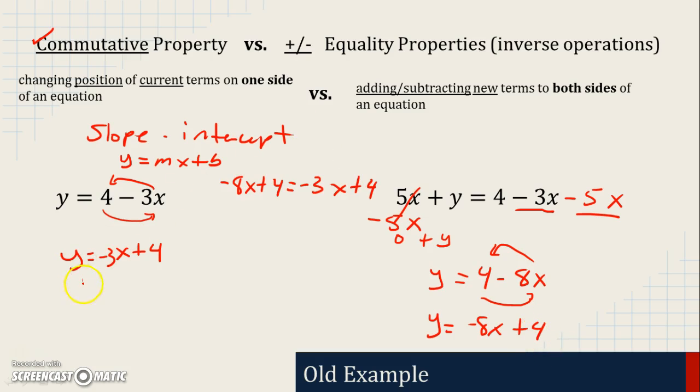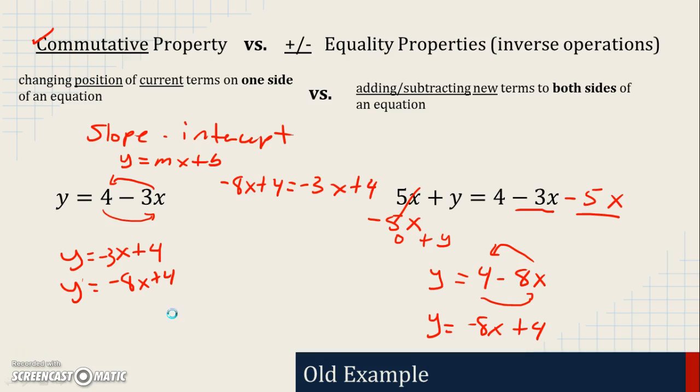So now we can write this other equation over here, y equals negative 8x plus 4. The terms are lined up, and we're ready to find a factor to scale by, to multiply by, a scalar, and then we can do our elimination. So let's go on to an example problem now that we understand the commutative property, properties of equality, and how